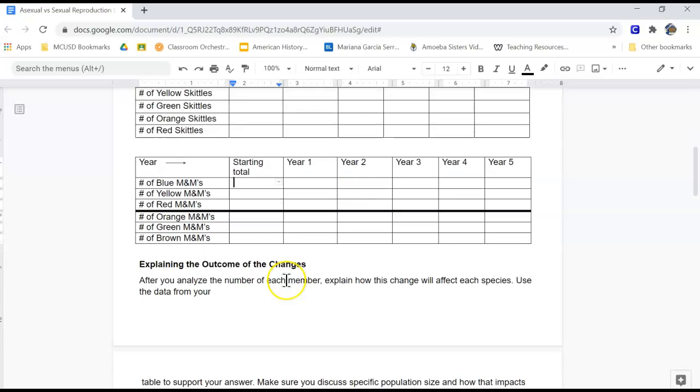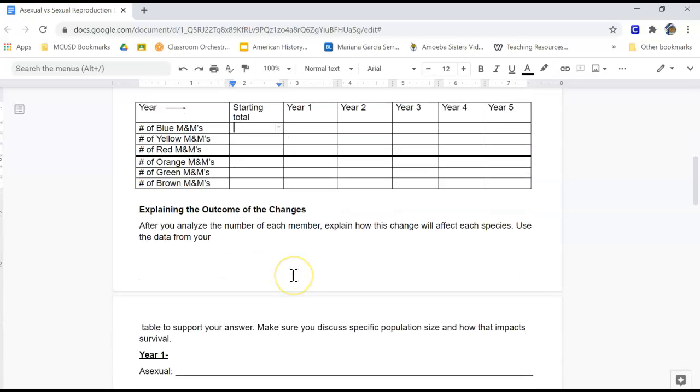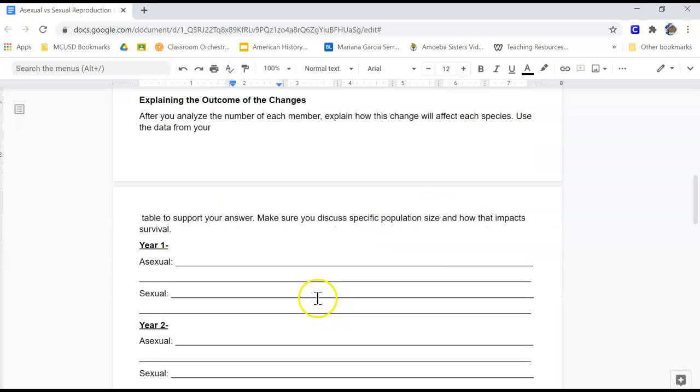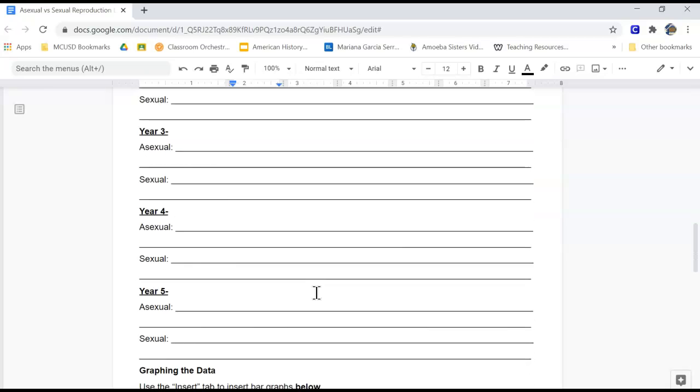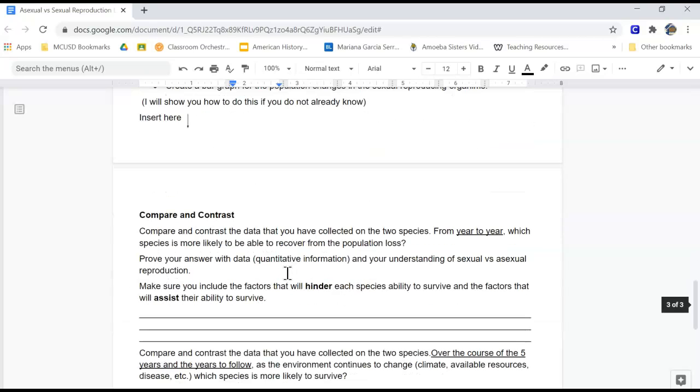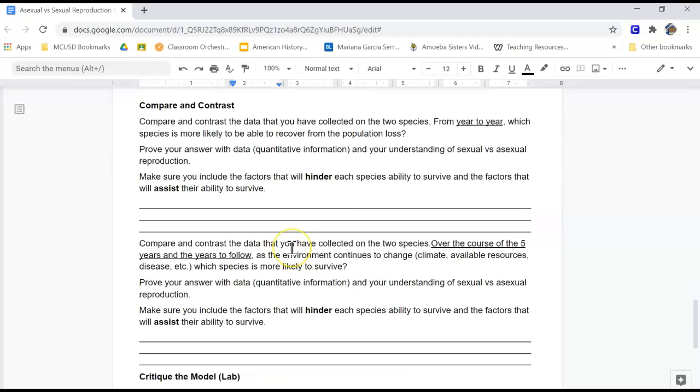for 5 years. Then you're going to analyze the number of each member and explain how this change will affect each species, year 1, year 2, year 3, year 4, for your asexual and your sexual reproductive species. Then you're going to graph the data, which I will show in a separate video. Then you compare and contrast. What was similar about the data collection for the 2 types of reproduction, and what was different? And you're going to compare and contrast the data on the 2 species in the course of 5 years